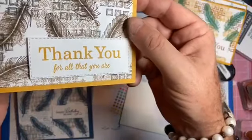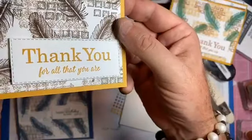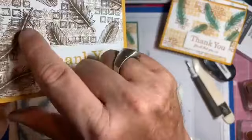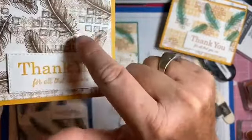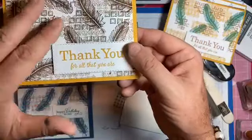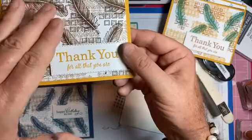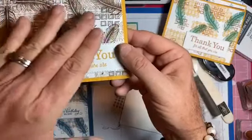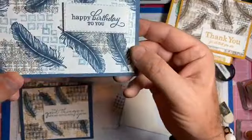I mean, you can see the texture, I'm hoping it comes through on the video. The detail is so fine, it looks like you would think a feather would look. To me, it's amazing. And layering these pieces, I think there's more depth to the card. When I'm looking at it from here, it looks like these feathers are literally laying on top of something. And so I just like the way it interacts, which is why I kept making the cards over and over again,